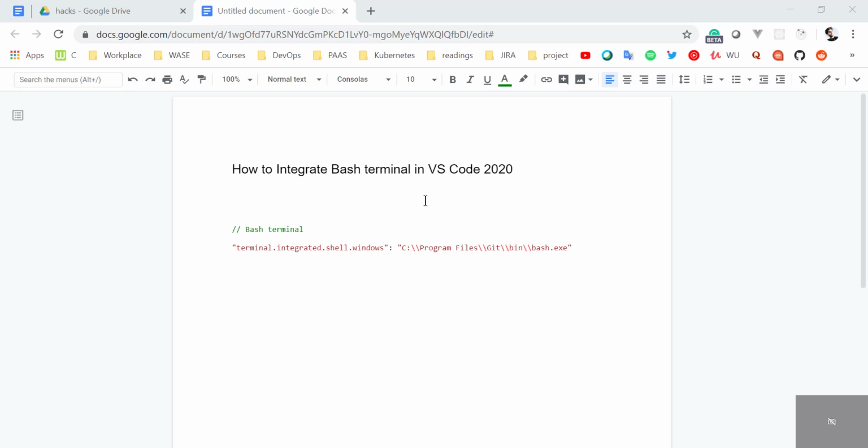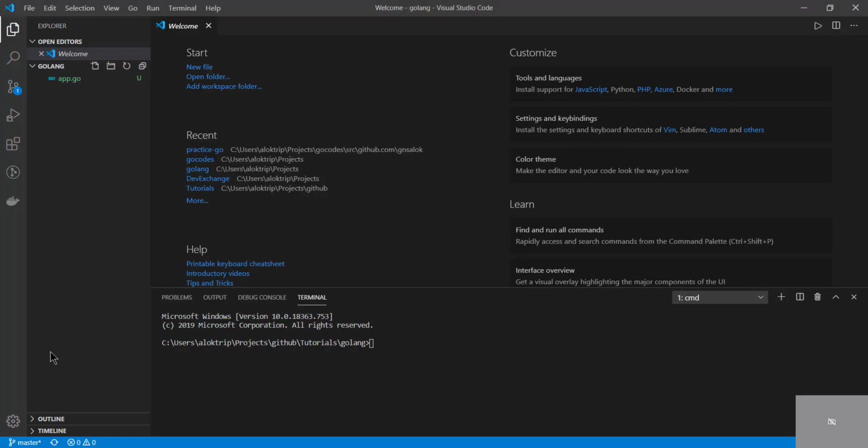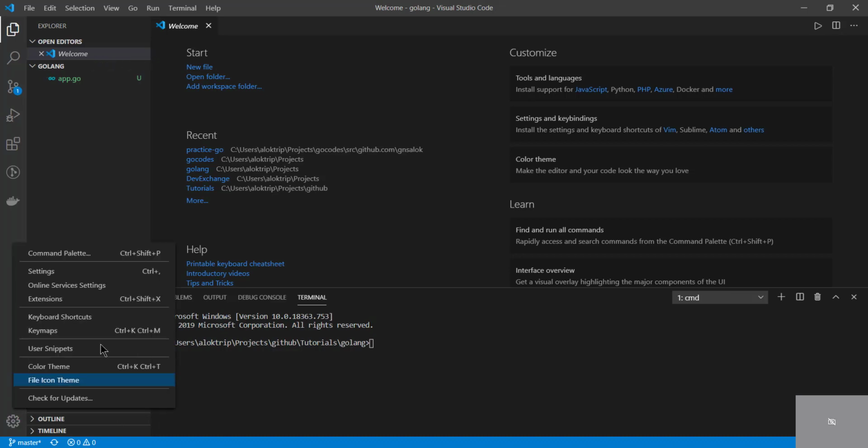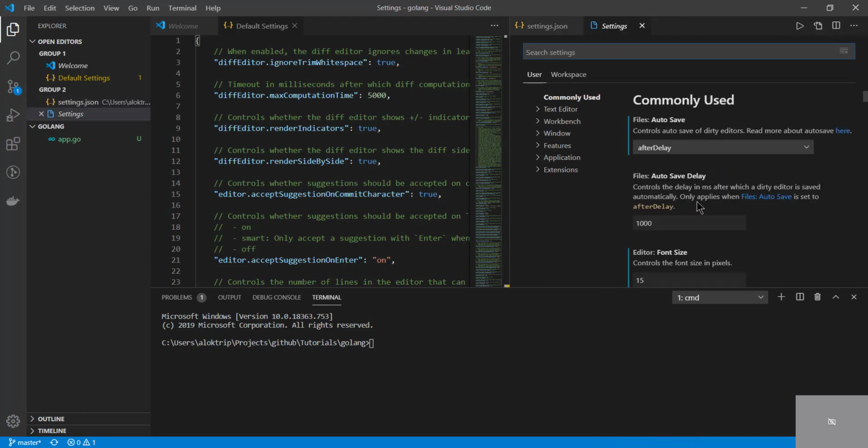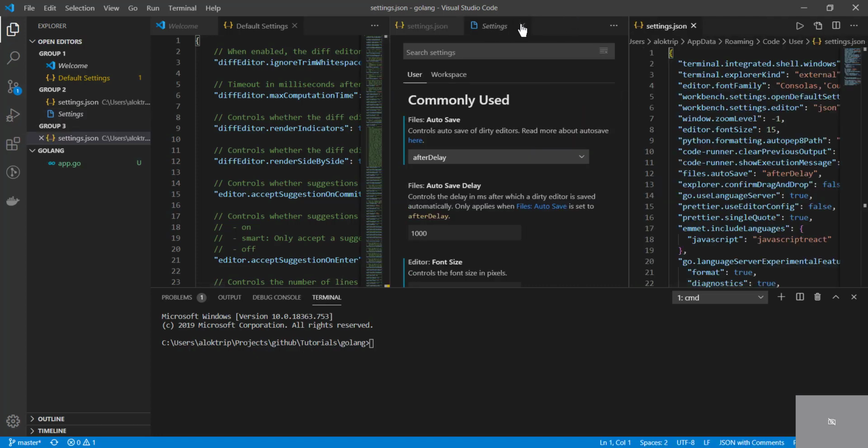Code. So first go to the VS Code, select the setting option here, and by default it looks like a UI. So what you need to do is just click on this option, that is your JSON data setting. Okay,